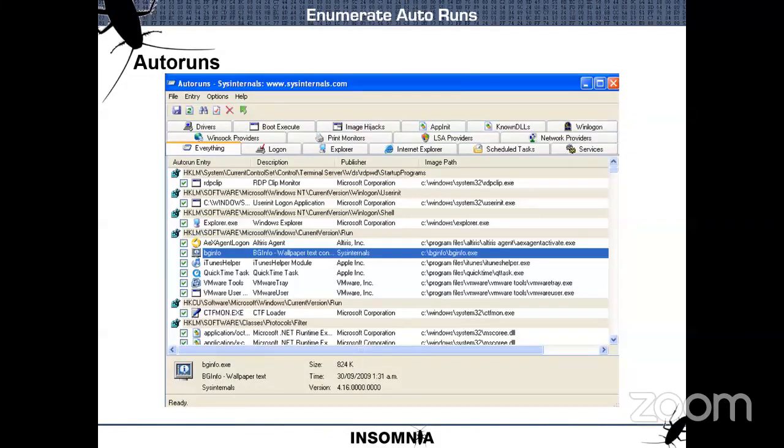Autoruns is another tool from Sysinternals. See this tool, it's showing the BGInfo process. What we are looking for is an entry that points to a directory that we know has weak permissions.